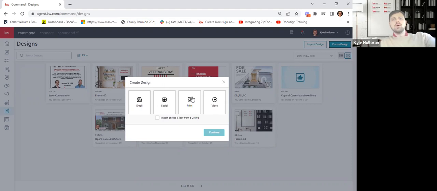Print: postcards, flyers, booklets, magazines, okay? Any of those types of things that would have a front and a back, typically those are going to be your print materials. Now, it doesn't mean you can't use them digitally, right? So I could create a flyer, which is going to be in the print category, but I could save it as a PDF and I can email that out to everyone in my database as a PDF if I wanted to. Does that make sense? Just in terms of categories, that's the way it's categorized.